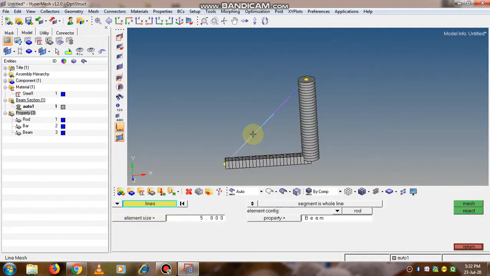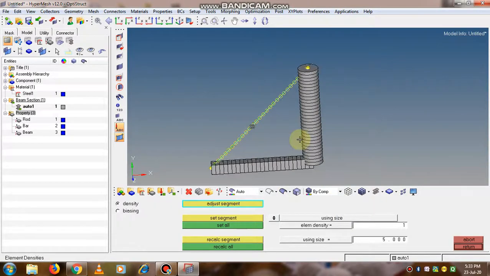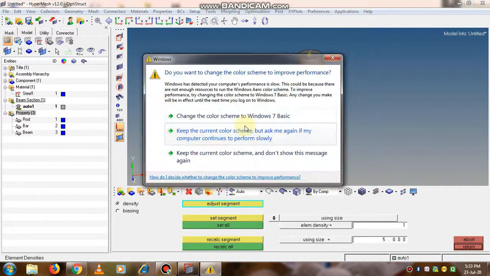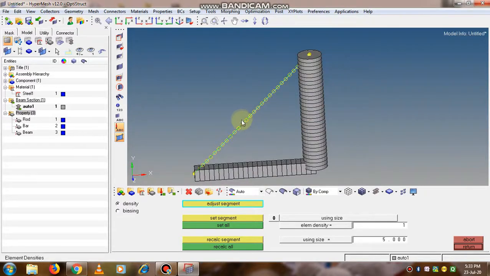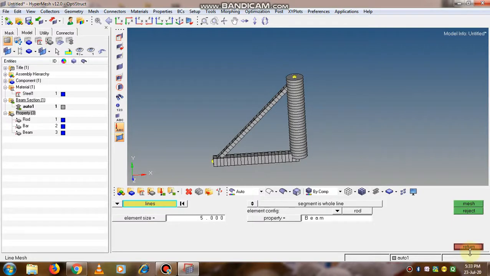Select the line and click on the mesh button. Let's increase its density to 30 and go to the option return.